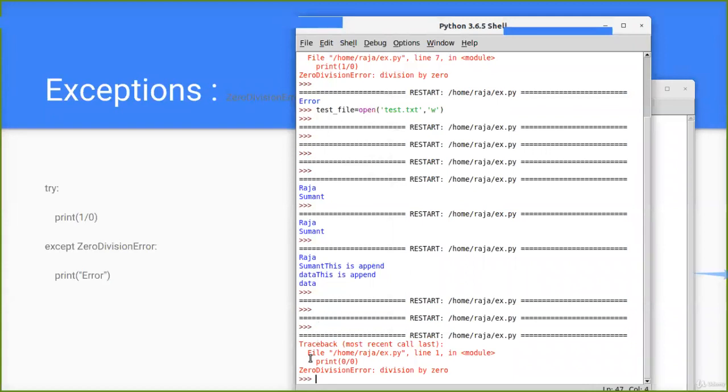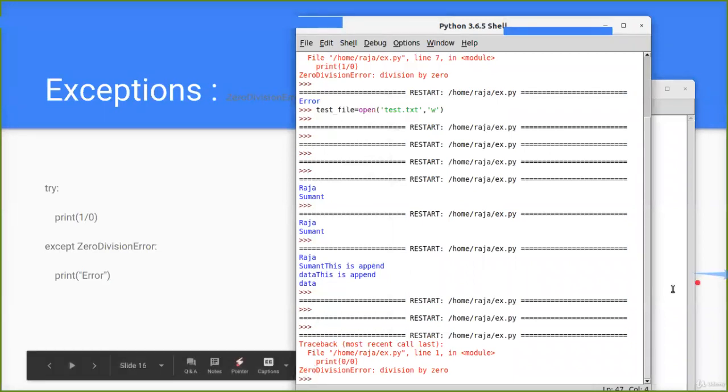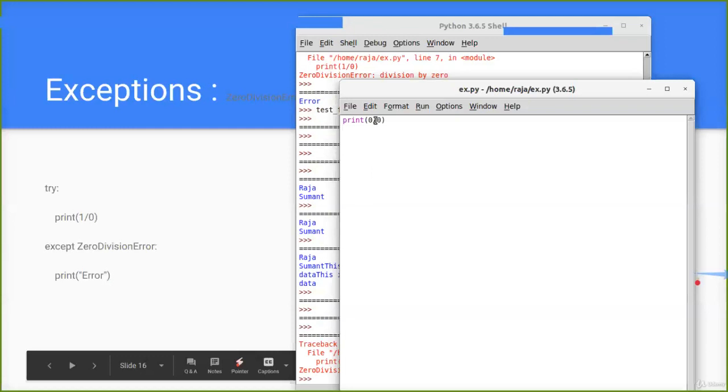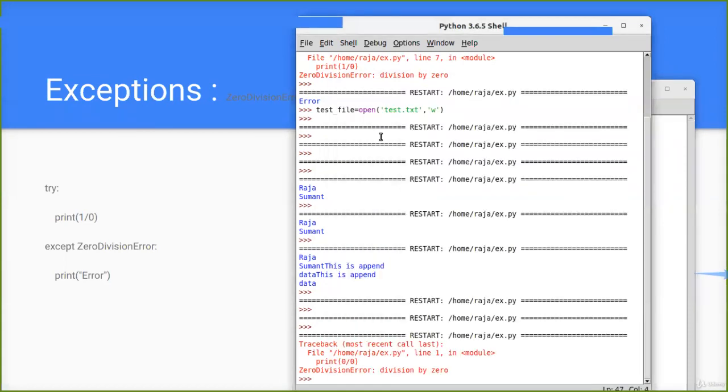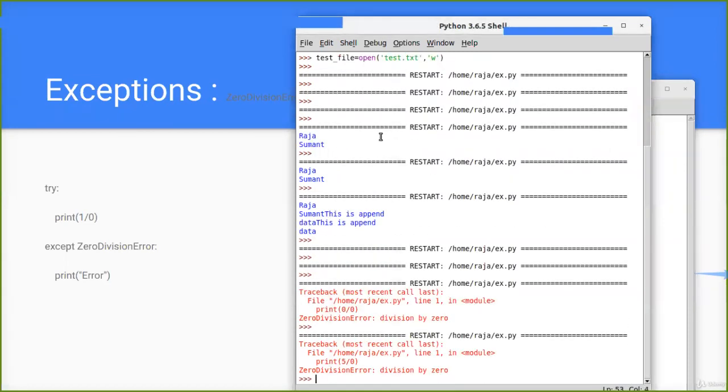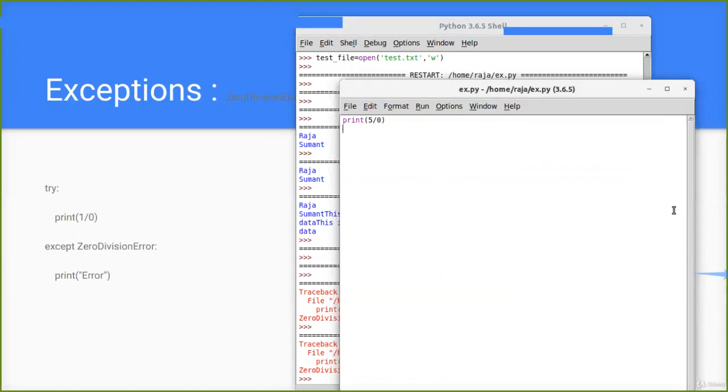It says zero division error. Okay, now when I do 5 by 0, it says zero division error. Now, what is this error? Zero division error. In mathematics,